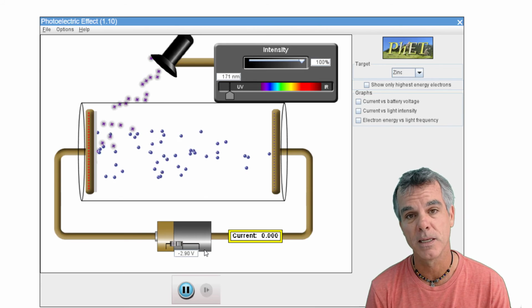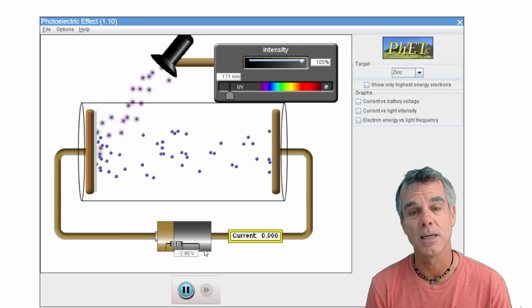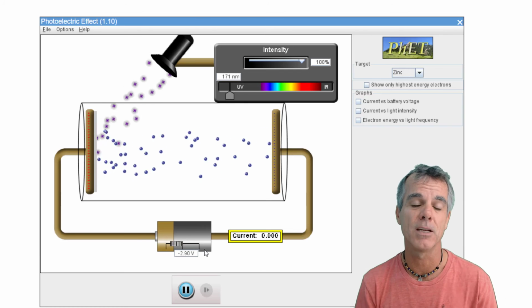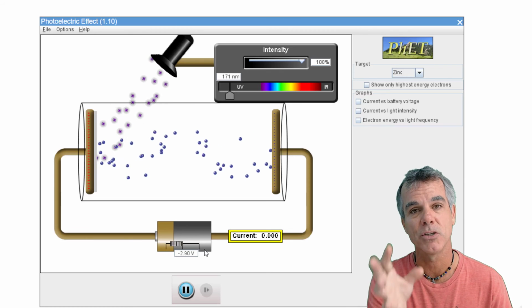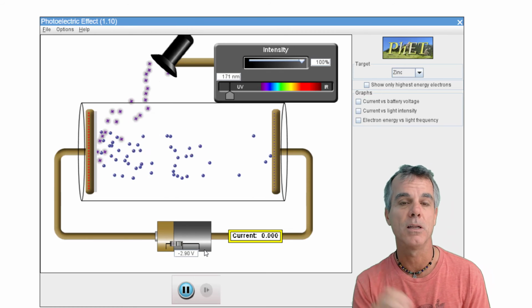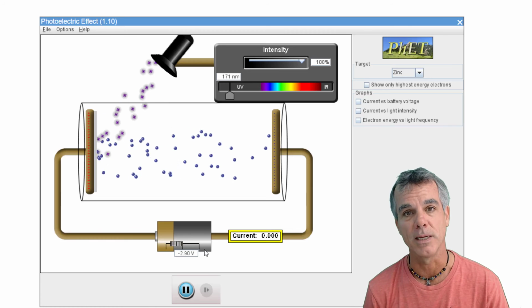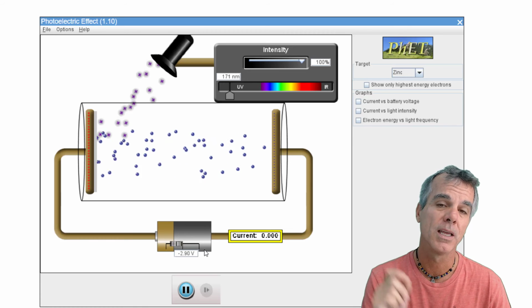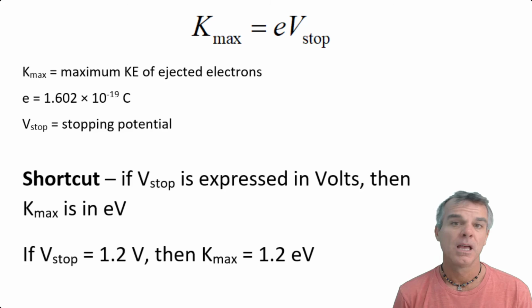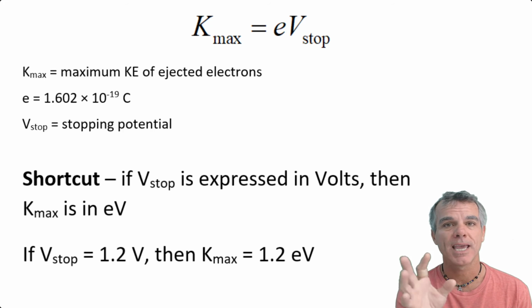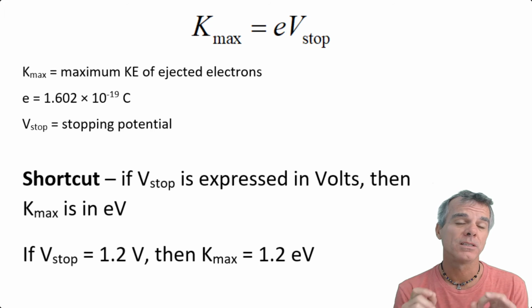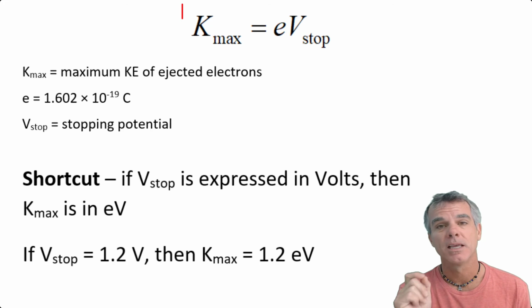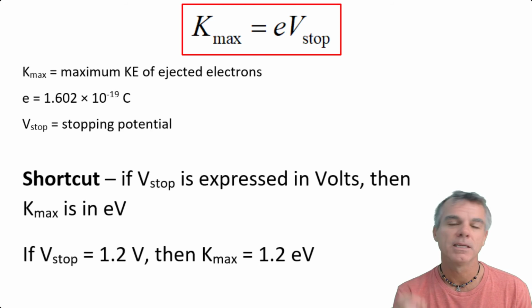the negative plate. And there's a nice shortcut in that the maximum kinetic energy of the ejected electrons is related to the stopping potential required to prevent all electrons from reaching the negative plate. And let's take a quick look at that shortcut. The equation that relates K max, the maximum kinetic energy of the ejected electrons, to the stopping potential is K max equals e times V